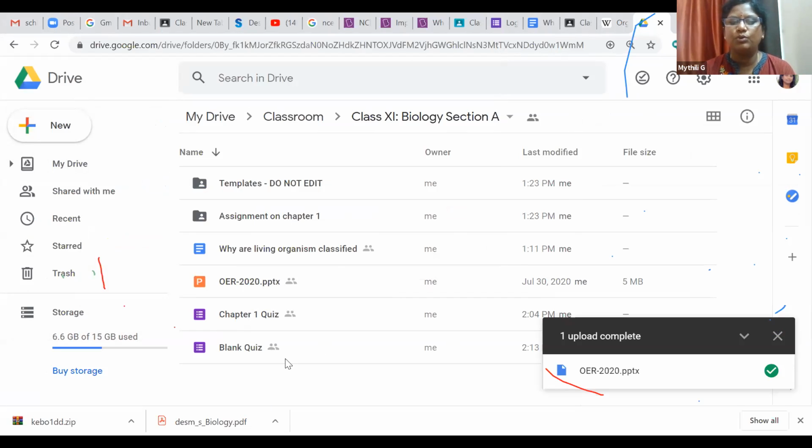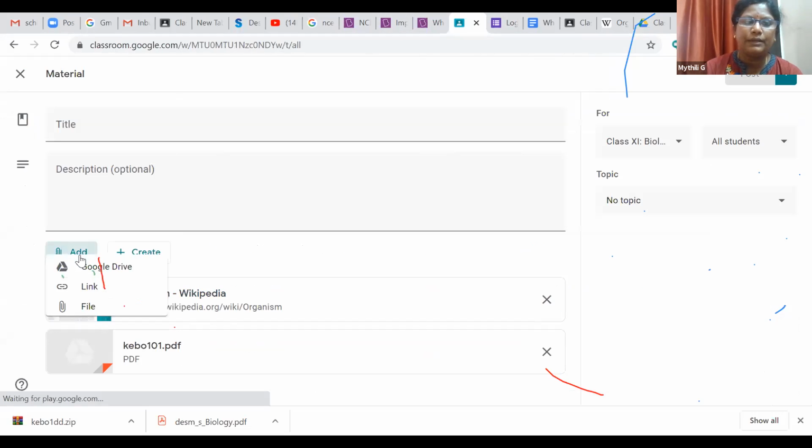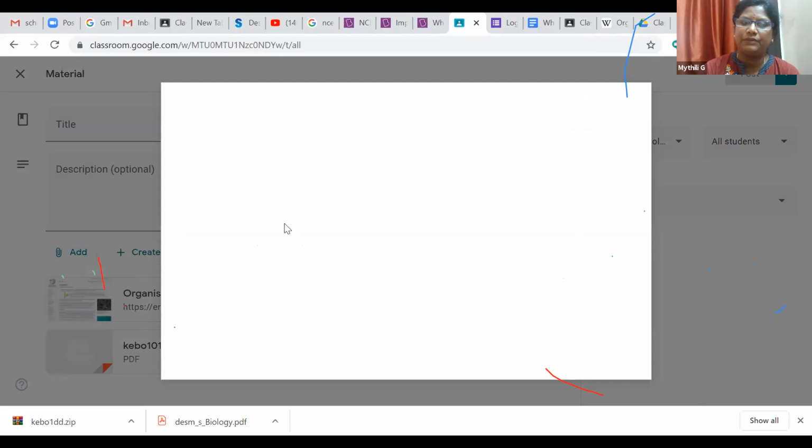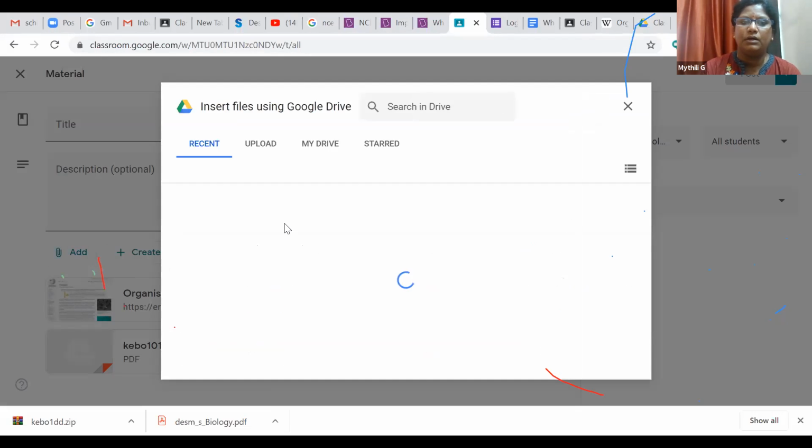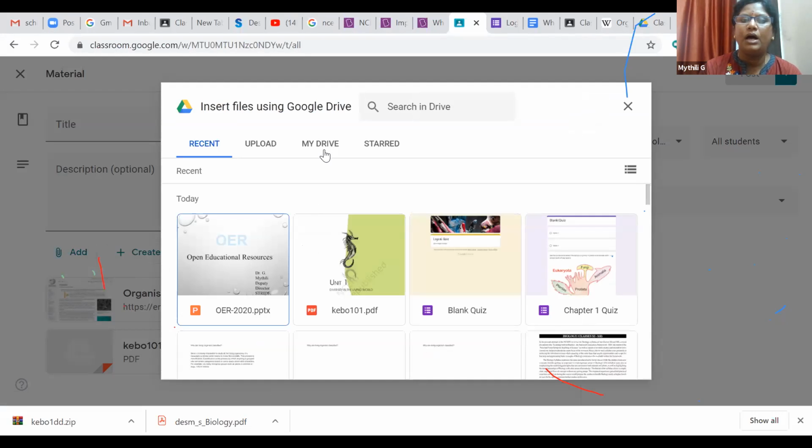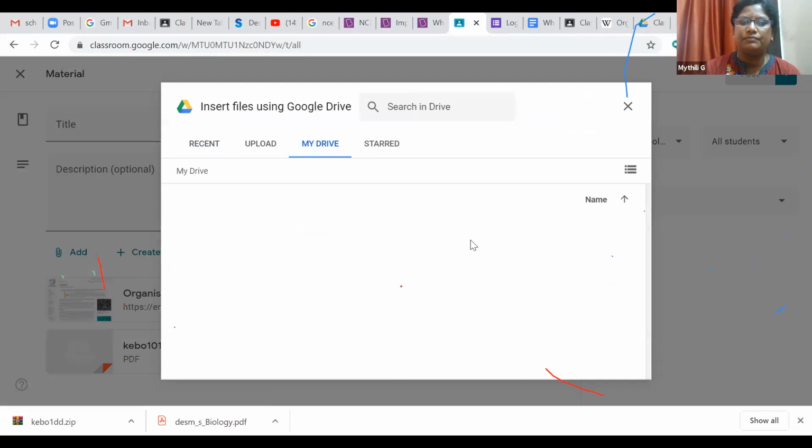So whatever material you have for this particular Biology 11th standard Section A, you can upload it here. Whenever you go through some material, you put it in the drive. Then when you are planning your class, you can call it directly from the drive. Recent uploads will be available here, or otherwise I can see them from my drive.